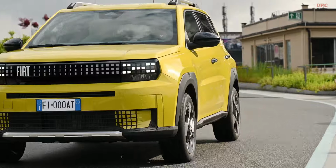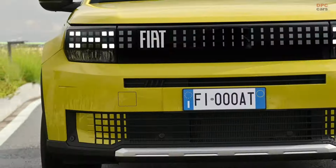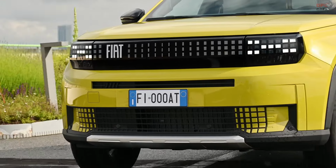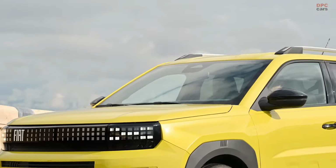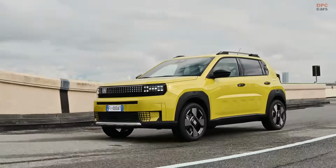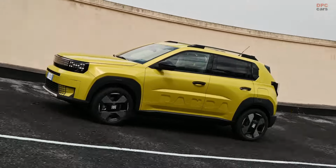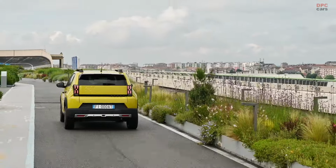The Grande Panda will be available with hybrid and electric powertrains, likely the same ones used in the Citroen C3. This includes a turbocharged 1.2-liter gasoline engine with 3 cylinders, a mild hybrid setup, and a dual-clutch, 6-speed automatic transmission. The gasoline engine produces 100 horsepower, while the electric motor provides a temporary boost of 28 horsepower, delivering 12 horsepower